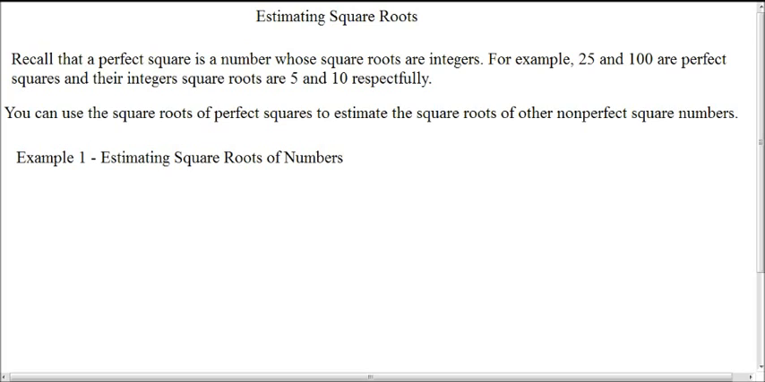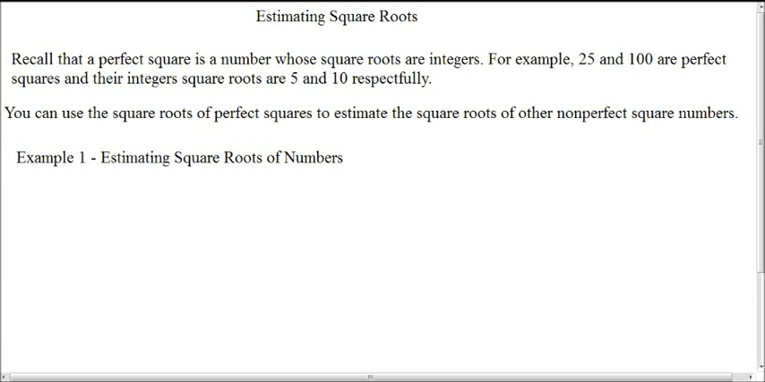Recall that a perfect square is a number whose square root is an integer. For example, 25 and 100 are perfect squares, and their integer square roots are 5 and 10 respectively. You can use square roots of perfect squares to estimate the square root of other non-perfect square numbers. And again, that's why we created this perfect square list, so we can use that list to